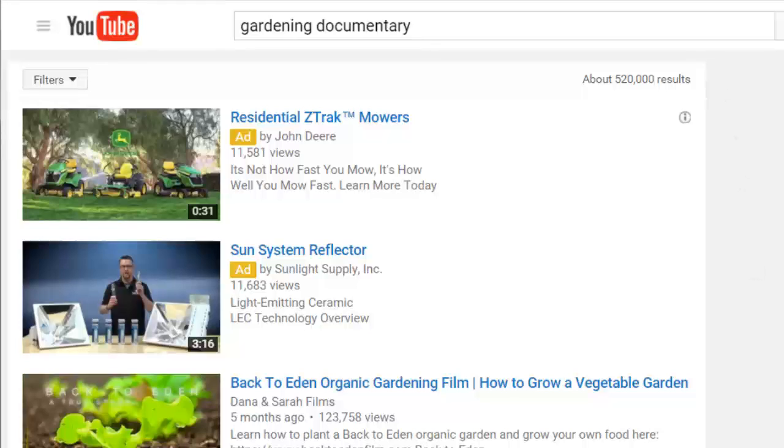Now, with media, there are different types of media. You can use other social networking sites such as Instagram to get a better view of the pictures out there. Look at Pinterest to see what people are doing in terms of gardening. So you can look at other social networking sites and different types of media: pictures, videos, text, even podcasts if you can find one, just to get an idea of what your perfect buyer likes, dislikes, and everything like that.